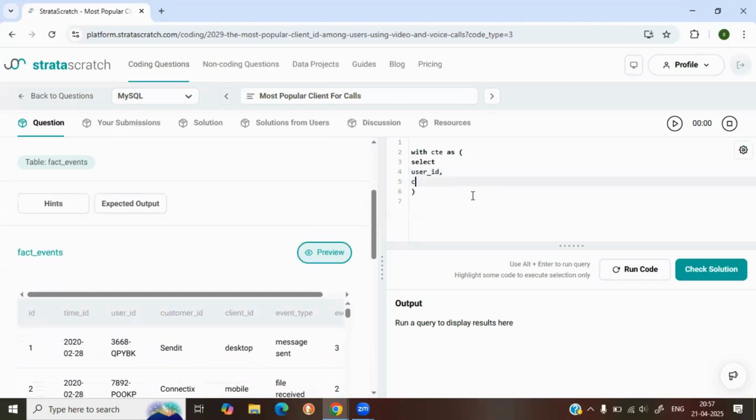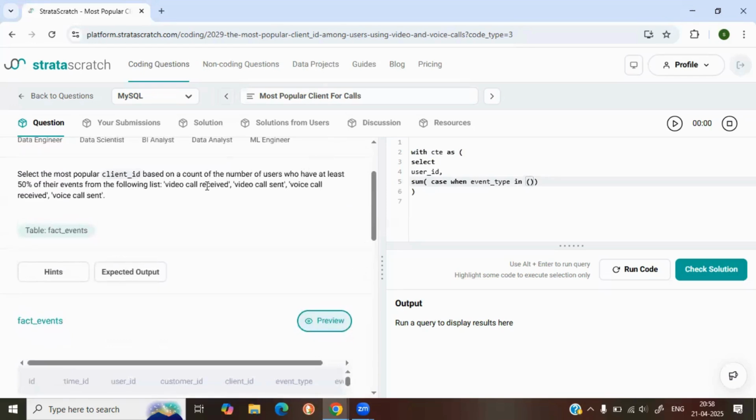and I'll use some. It should be a case statement. Some case when event type in, I'll use the list from here. Then 1, else 0,